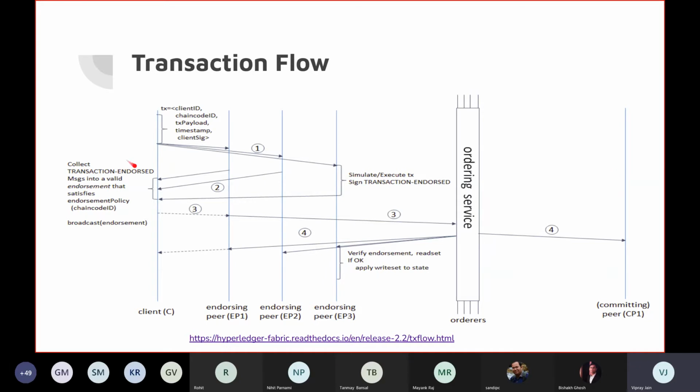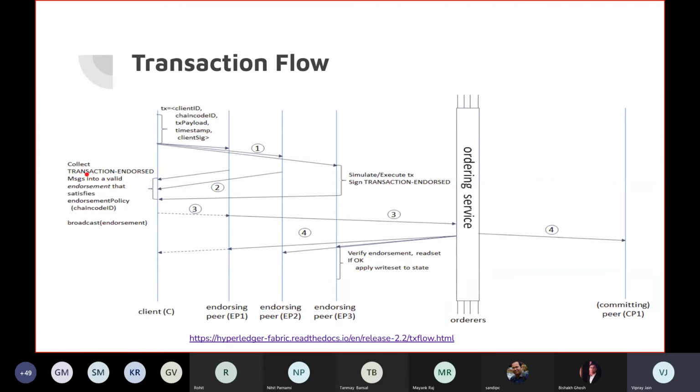Now what does the client do? The client collects the endorsements from all the different endorsing peers. There can be different policies for what kind of endorsing policy we are using in our channel. There may be a policy that out of three, any two endorsing peers endorsing your transaction is enough to go further in the process. We are considering here in the example that we need all three endorsements. So once the execution is done and the output is signed by all the endorsing peers, they reply back to the client.